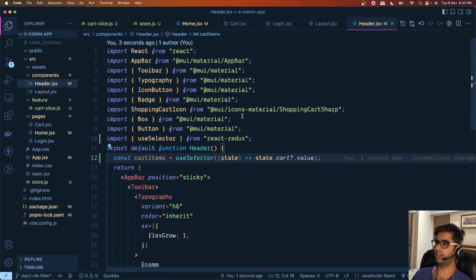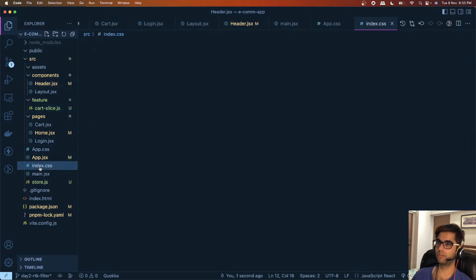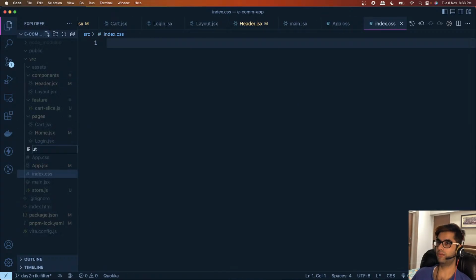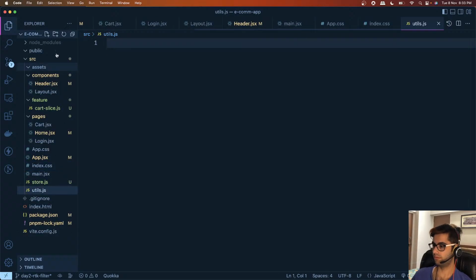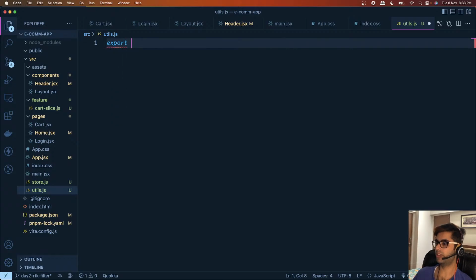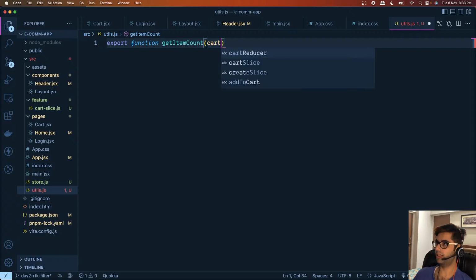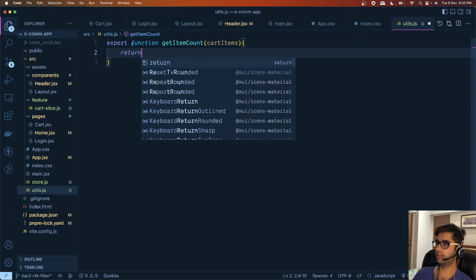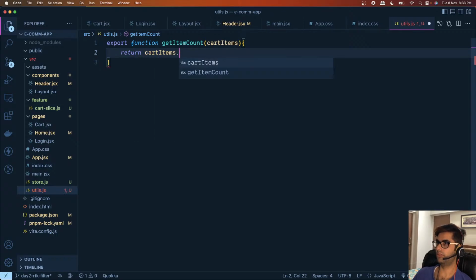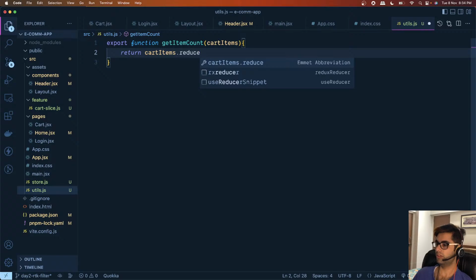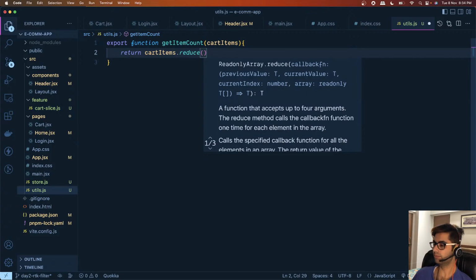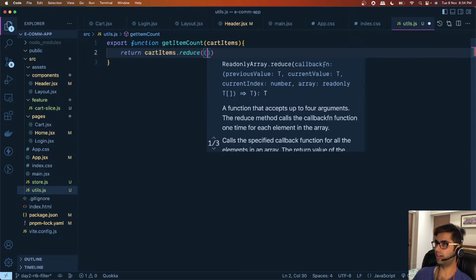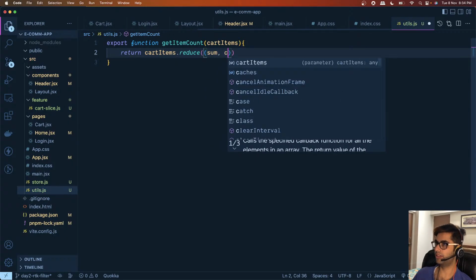And what we will do here is that let's write a function. Let's create a file known as utils.js, and what we will be doing is we'll create a function over here, export function get item count, and this will get the cart items, right? And we'll say return cart dot cart items dot reduce. So this is the built-in function, right? And this accepts a callback. So we are interested in the sum as well as